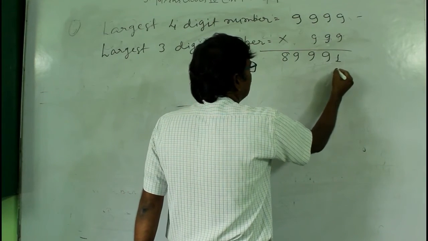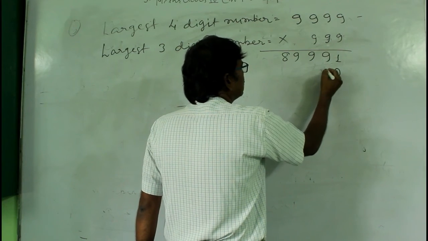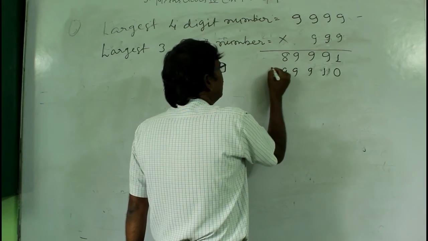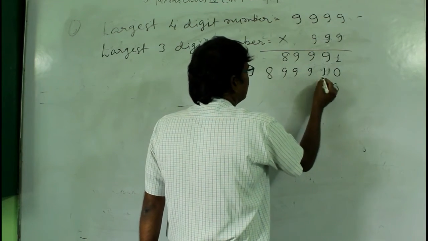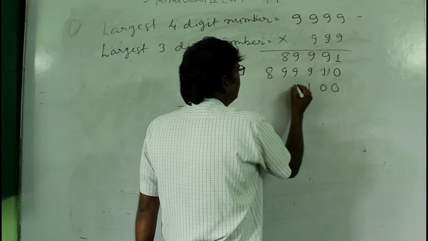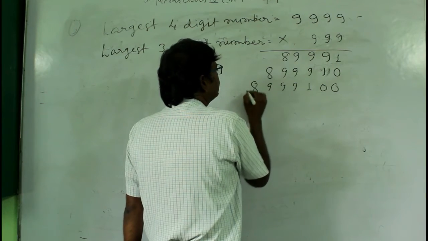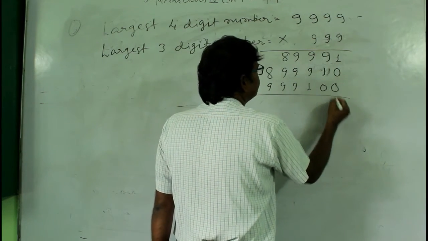Okay, just put here 0 and then write 9 here: it is 1 9 9 9 and 8. Okay, the next one will be here 0 0 and again here the same number, 1 9 9 9 and 8. Now add all these numbers, then you get the answer.